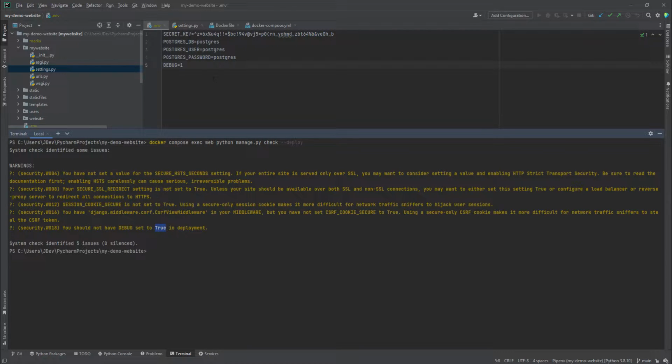So there are two parameters that we have already set here, the secret key and the debug. So let's see what happens when I set my debug to 0. In this case, 0 means false, 1 means true. So if I set the debug to 0 and I try to,